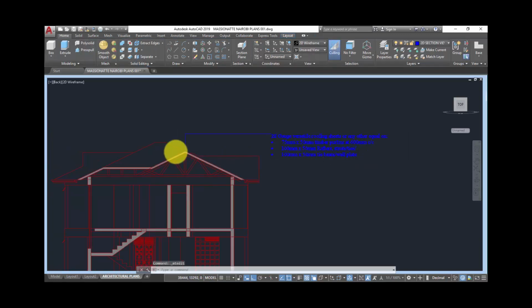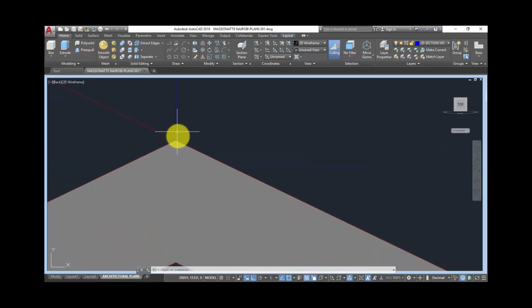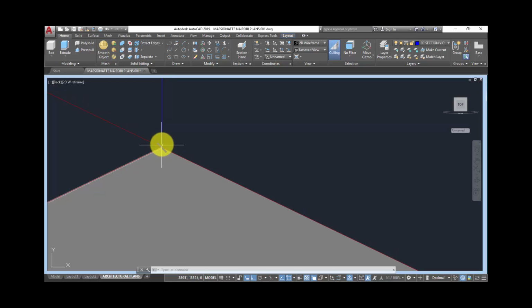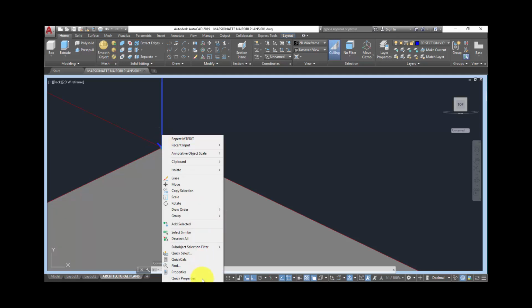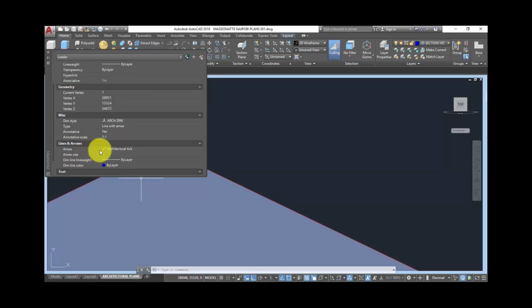Now, one of the problems you can see is that the size of the QLeader is not correct and you cannot see the arrowhead. The type of the QLeader is not correct. What you can do, I will click here and right click, select it and go to properties. In the properties palette, the arrow should be closed filled.